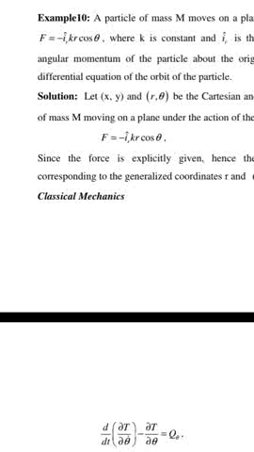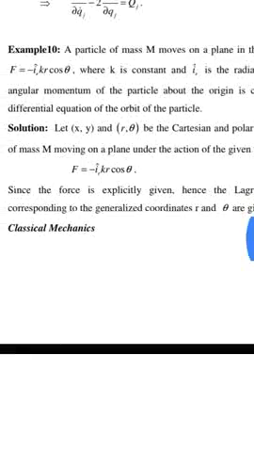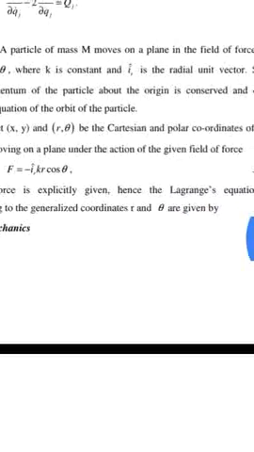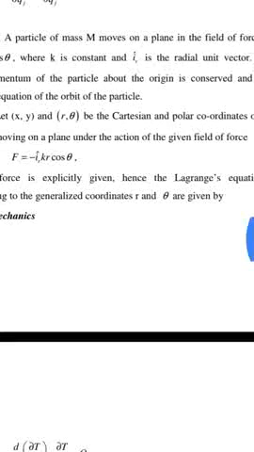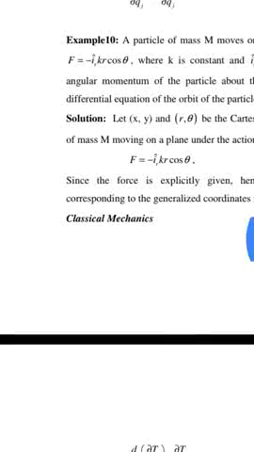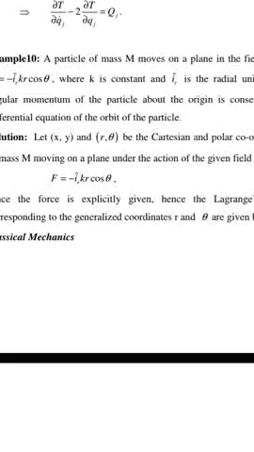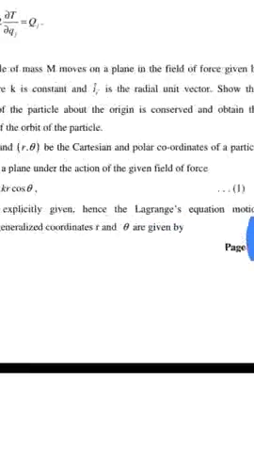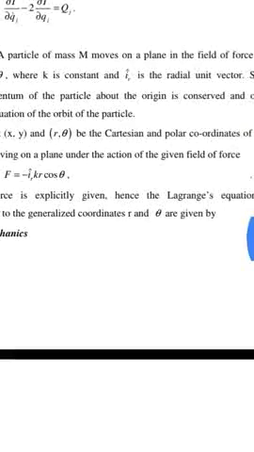Suppose that x, y and r, θ are the Cartesian and polar coordinates of the point mass m moving on a plane under the action of a given field of force F is equal to minus i_r kr cos θ. Since the force is explicit, the Lagrangian equations of motion corresponding to the generalized coordinates r and θ are